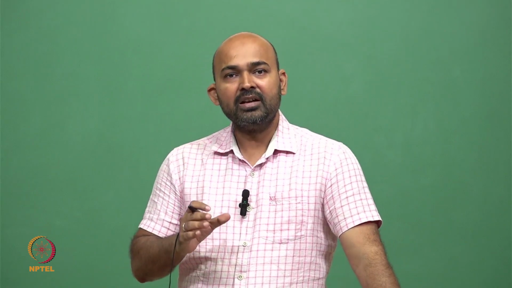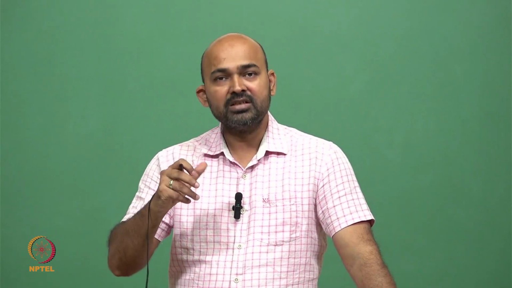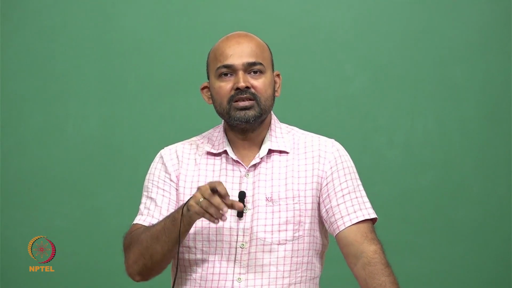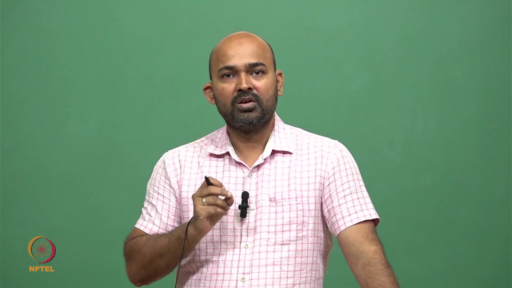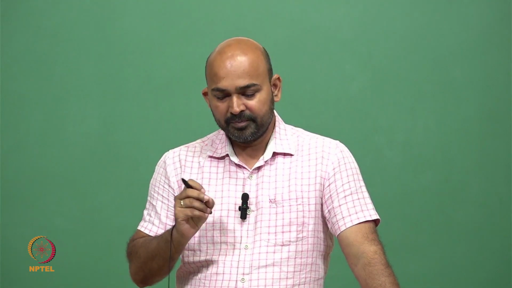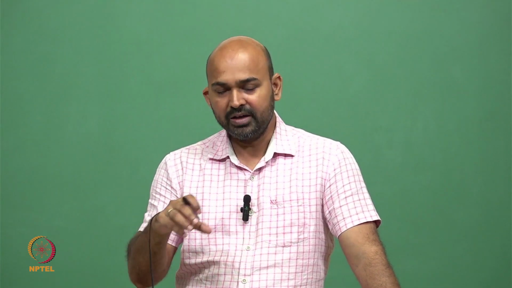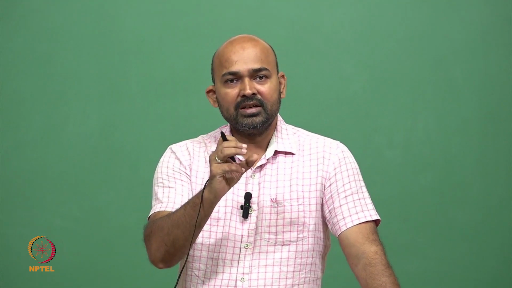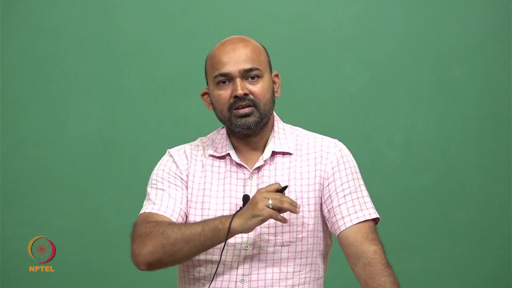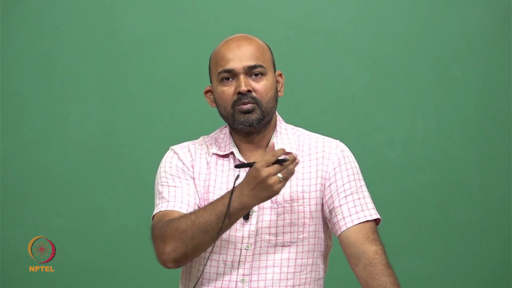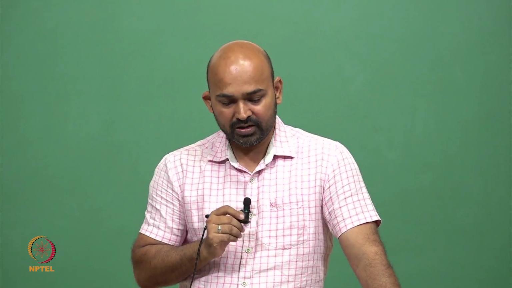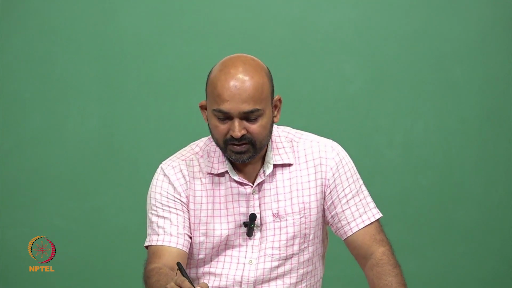So this is what the direct SAW sensor is, where the measurand, which is torque here, is directly influencing the speed of the SAW, the surface acoustic wave. It is directly influenced by the measurand. So when we apply this torque, there is a direct change in the velocity, or how much time it takes from the source to the destination. So we call it the direct SAW sensor, and